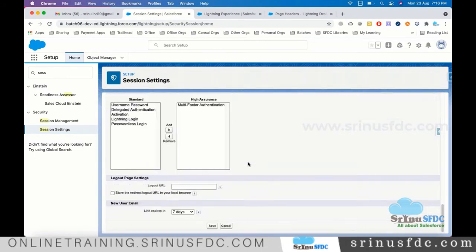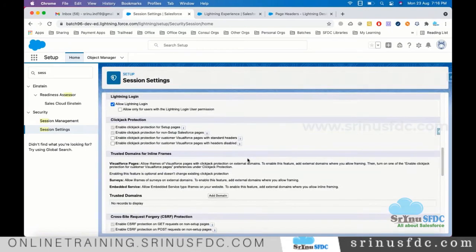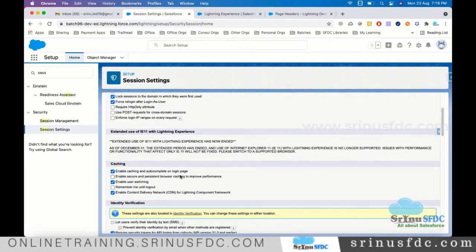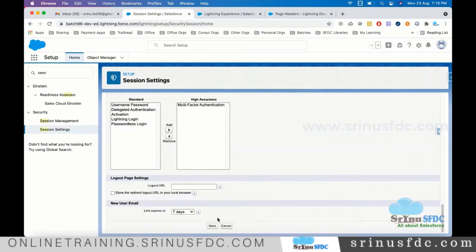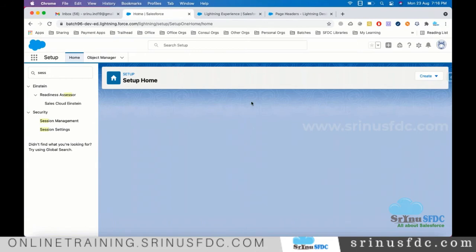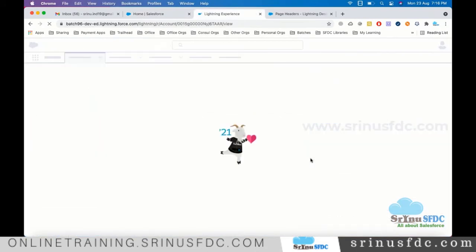So it's always recommended to disable this checkbox, enable secure and persistent browser caching, especially when we deal with Lightning development. So I have disabled it. Now let me refresh.